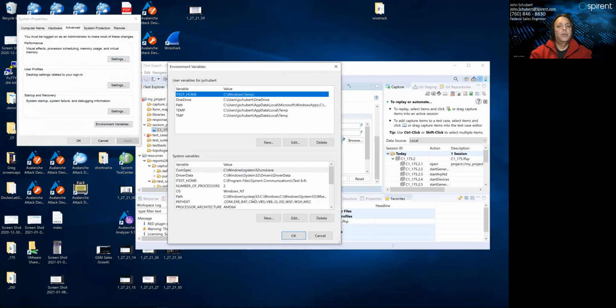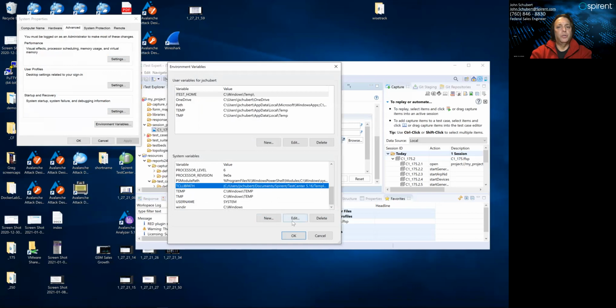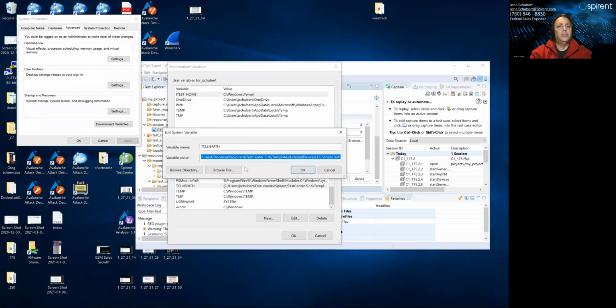environmental variables. And then what you're gonna do is click on new, and come down, and here's the one that I created. So I'm not gonna click new and create a new one. We'll just hit this one and then hit edit, and then you can see it. You're gonna type in, after you hit new, TCL lib path in all uppercase, and then you're gonna give it this variable. So if you use